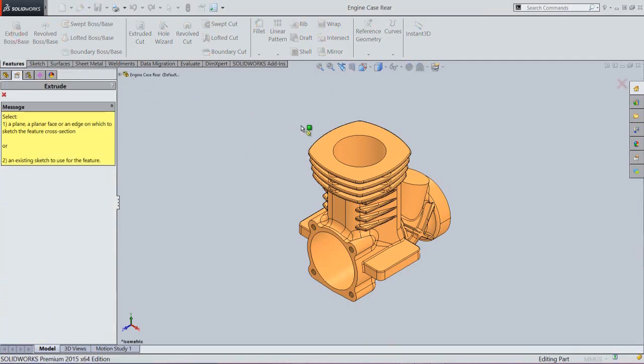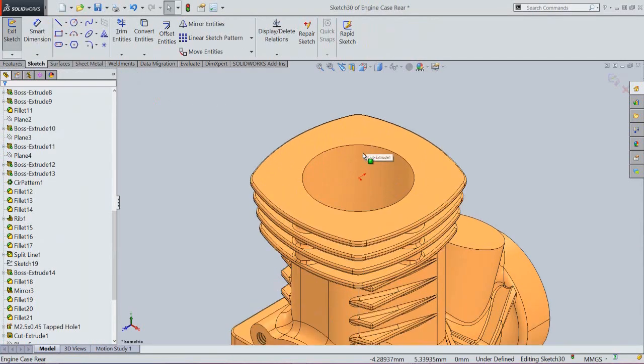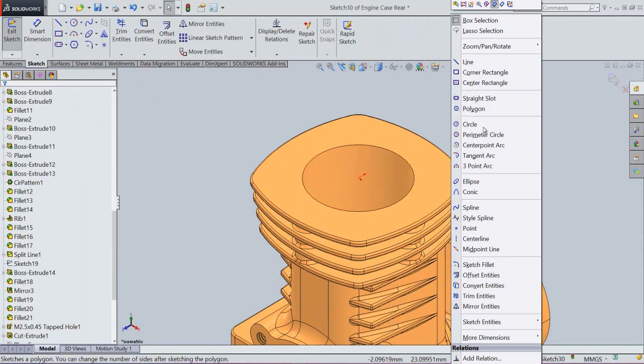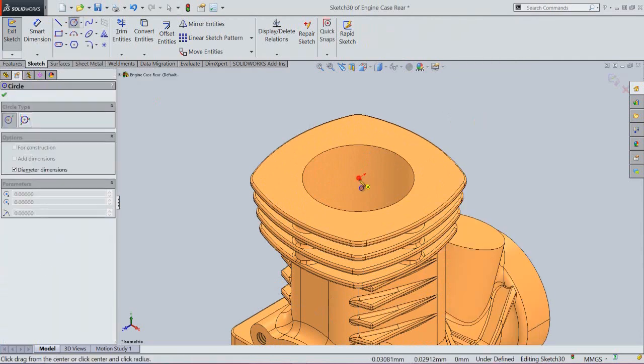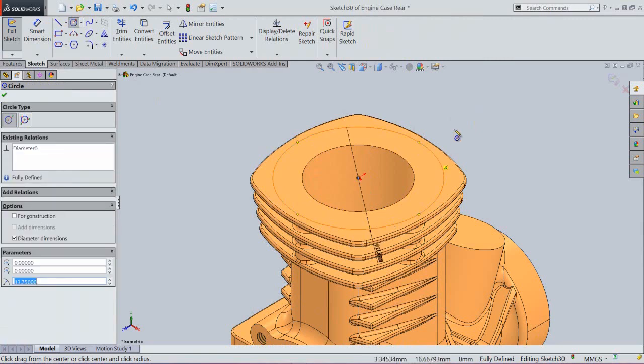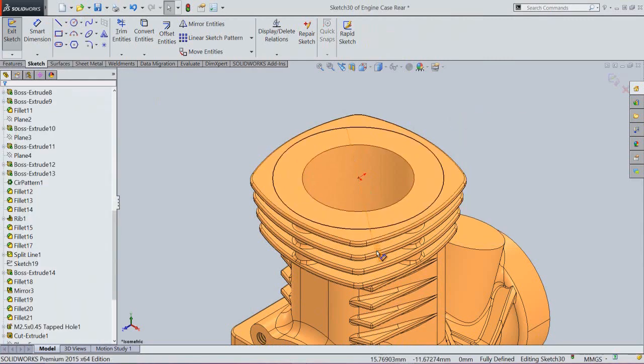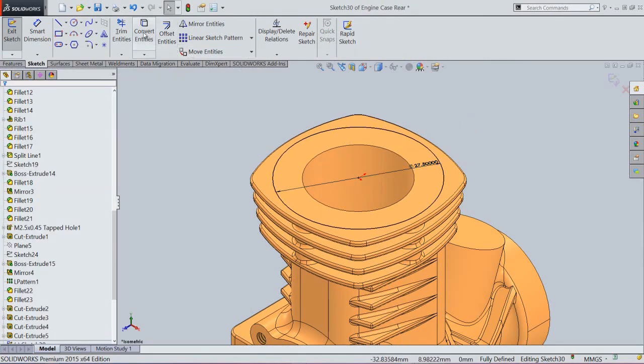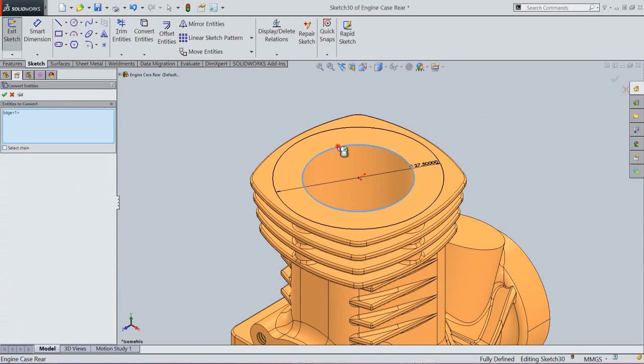Now we will activate the extruded boss base command. Select the top face. Create a circle. The diameter will keep 27.5 mm. Take the project of this edge.